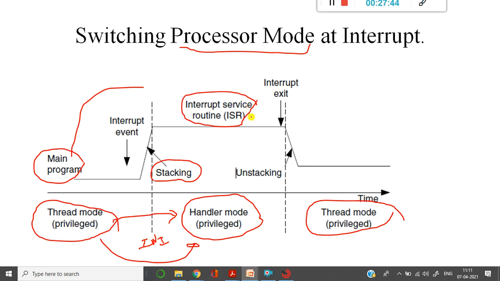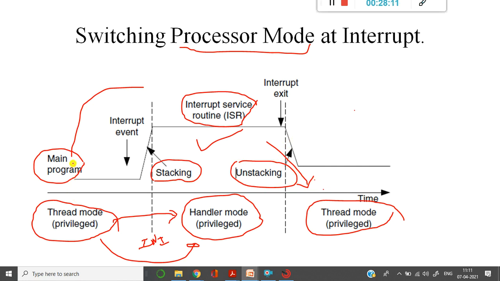In this case, it will move to the interrupt service routine. The interrupt is executed in this state, then it should come back once again to thread mode. During that, it should pop the data from the stack memory, and that we call an unstacking operation. Then it will return back to the main program.